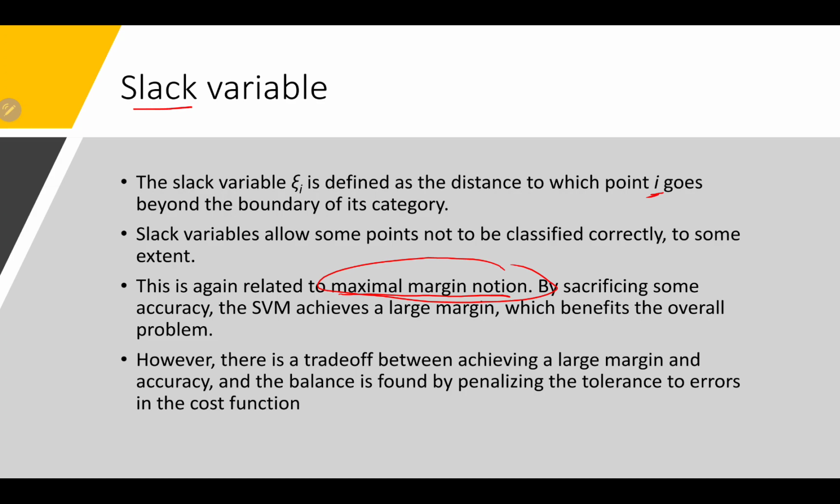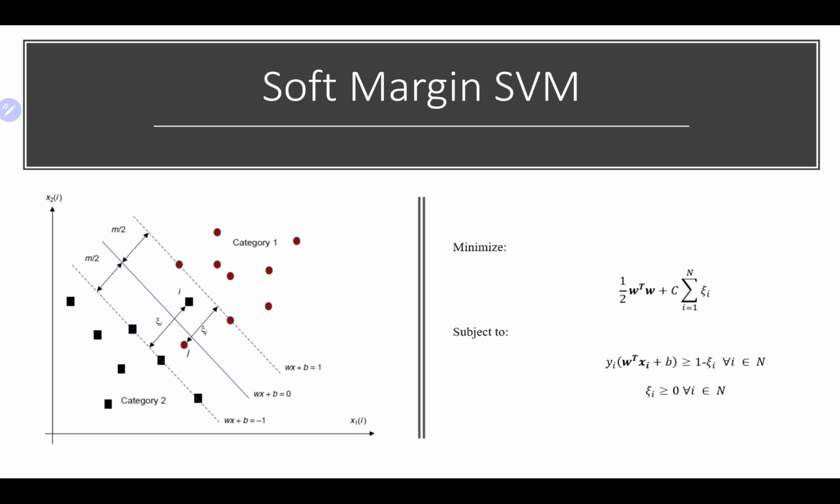By sacrificing some accuracy, the SVM achieves a large margin, which benefits the overall problem. However, there is a trade-off between achieving a large margin and accuracy, right? Because if you do allow for some tolerance there, as you can see, the accuracy will decrease. There is a trade-off there. The balance is found by penalizing the tolerance to errors in the cost function. So we do give some tolerance, but we also penalize that so that basically the accuracy doesn't drop too drastically,